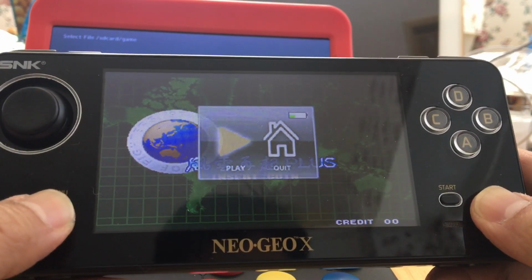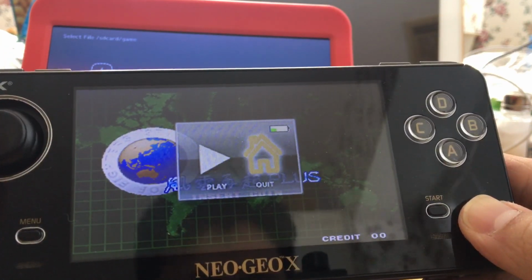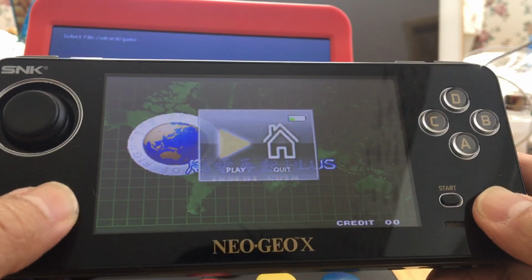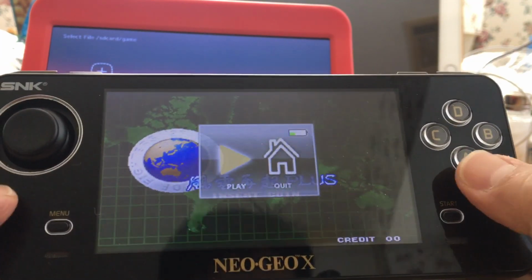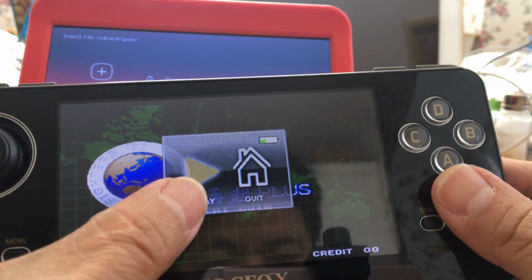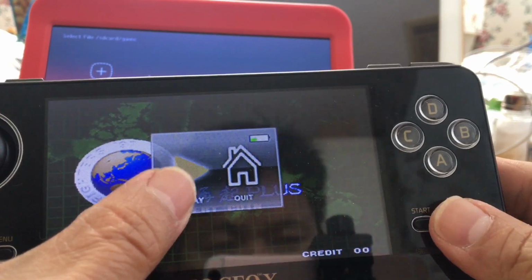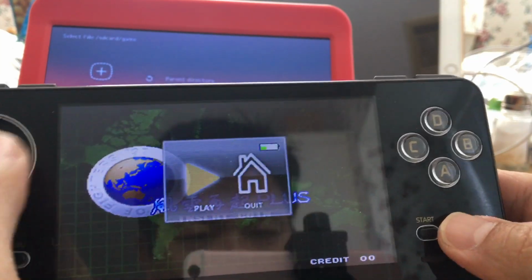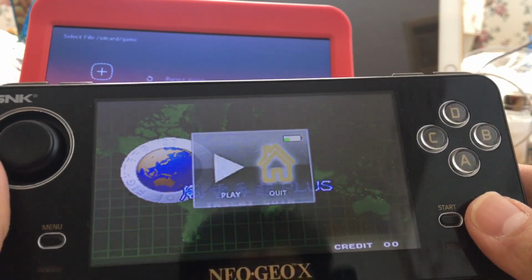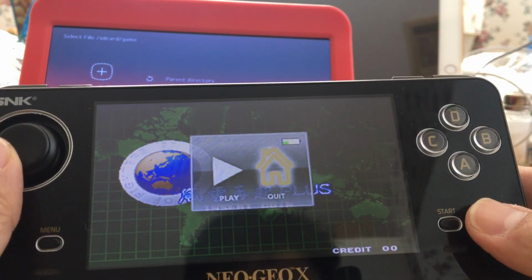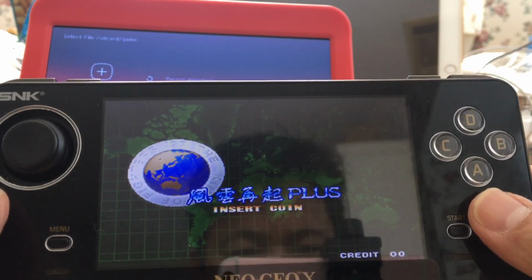So when you click on this, you could quit the game like so. Just hold it and it will come out. To cancel it, just press A. If you select this one and press A, it will play again. If you select home, like you move to home and press A, you get out. Okay. Now, for this Neo Geo one, let's just go ahead and get out for now and show you how to get to